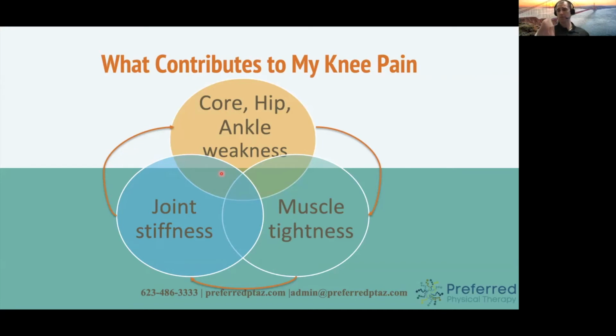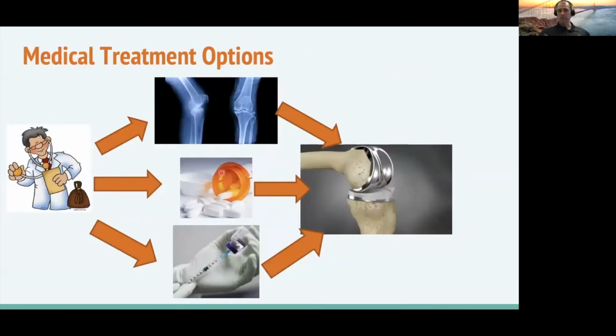And what tends to happen is you have this kind of thing and you go to the doctor, and the doctor will give you a couple of options. Yeah, we'll get some images done. We'll get an x-ray and take a look and see what's going on, maybe an MRI. In the meantime, we'll give you some anti-inflammatory, some pain medications, or we'll do some injections. And this is all kind of on the road to knee replacement. You can kind of see this is just a model of what it would look like, but they shave off the joint surfaces of the bone and replace it with synthetic or artificial type materials.